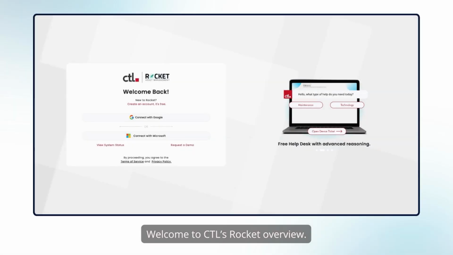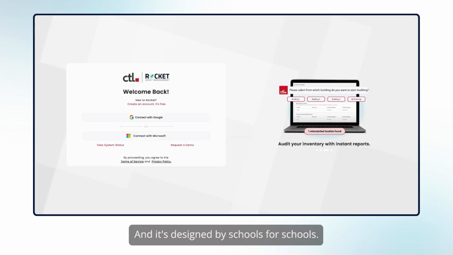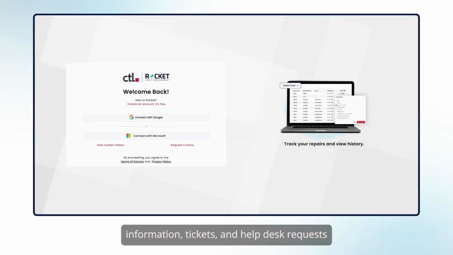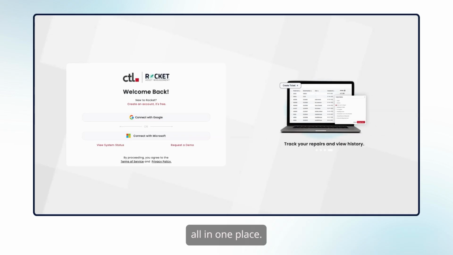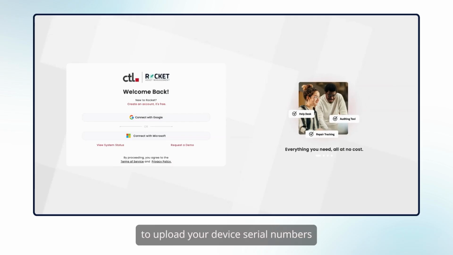Welcome to CTL's Rocket Overview. This is an asset management software free to all CTL customers, and it's designed by schools for schools. The software will track inventory, device information, tickets, and help desk requests all in one place. Your CTL account manager will approve your account and work with you to upload your device serial numbers and get